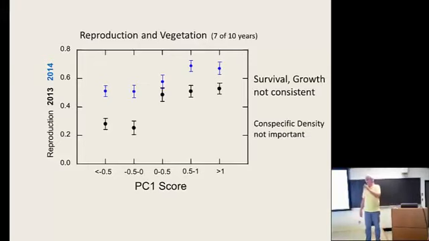If you look at survival, there's no real pattern with vegetation. If you look at growth, nothing stands out, nothing that's very consistent. So one fitness component seems to matter, reproduction, but survival and this sort of indirect measure, growth, doesn't seem to be influenced by the properties of the location. And incidentally, conspecific density in the location of a nest also doesn't seem to matter. This actually surprised me quite a bit; I would have thought that high density areas would have lower survival or reproduction. It just seems not to be the case.